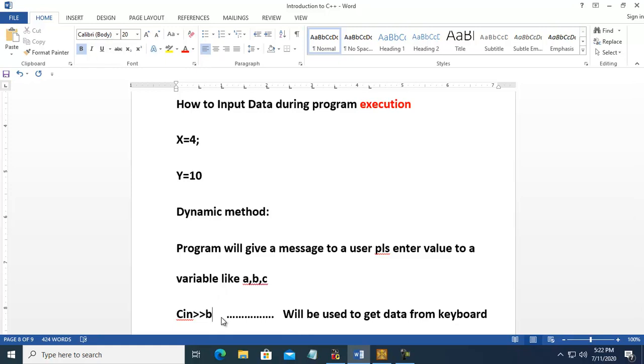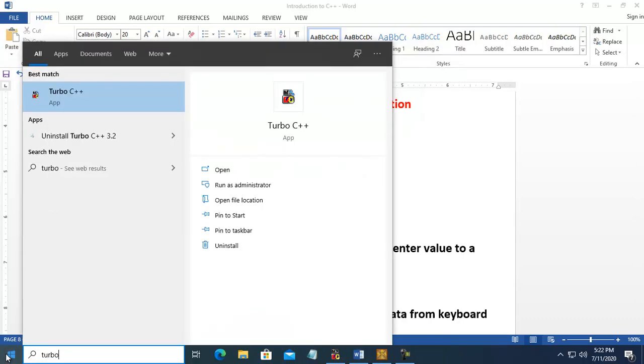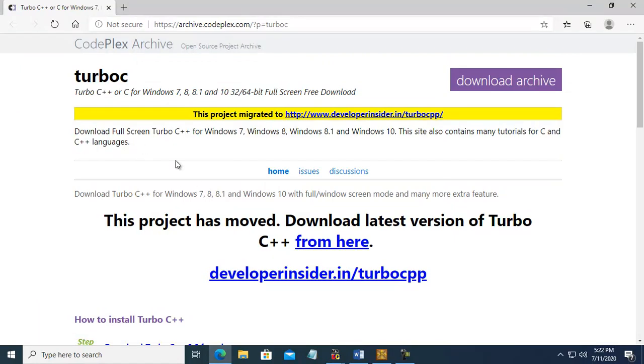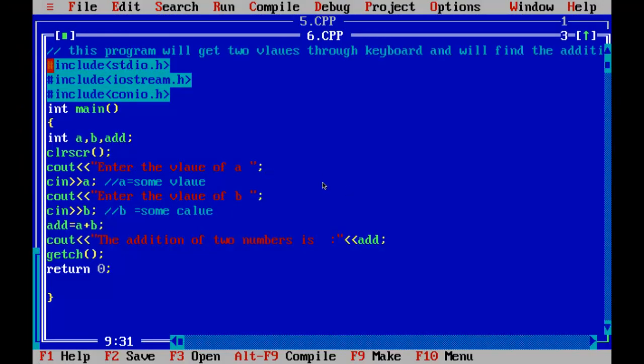Okay, so let's move to C++. We will start C++. Yes, I will delete this program from here so that you can understand.